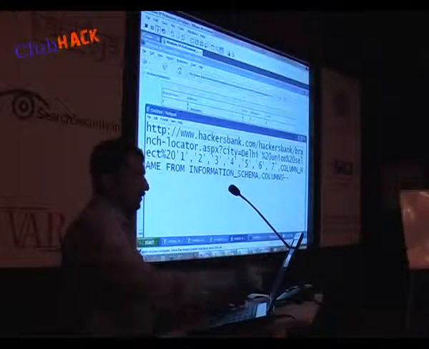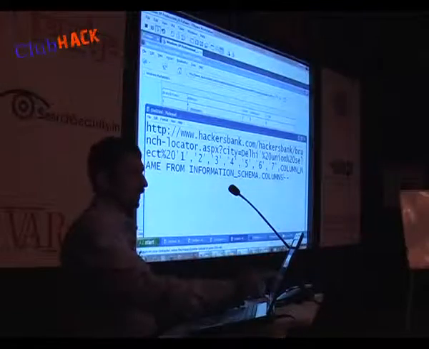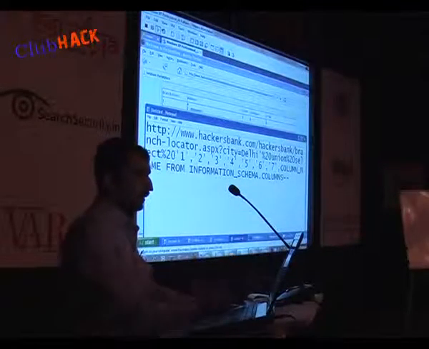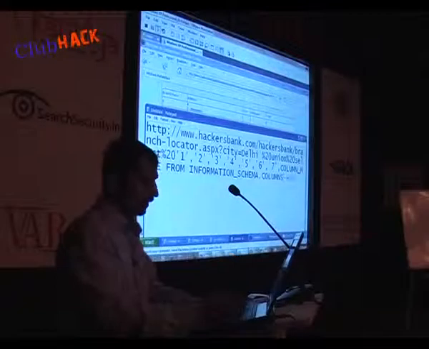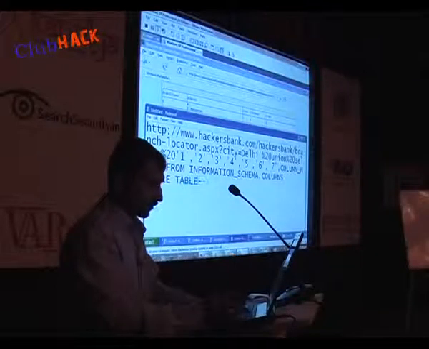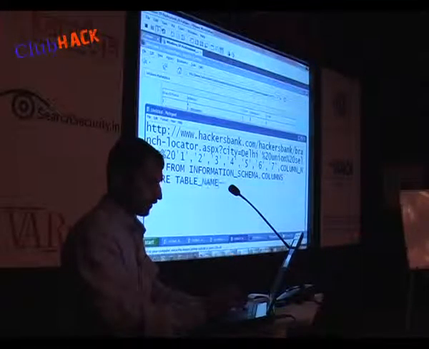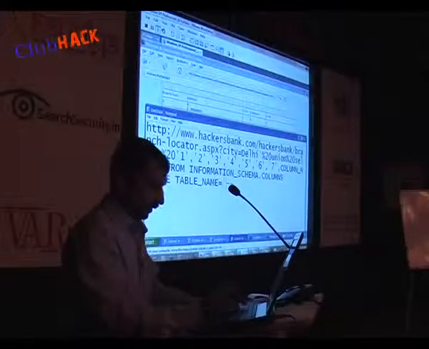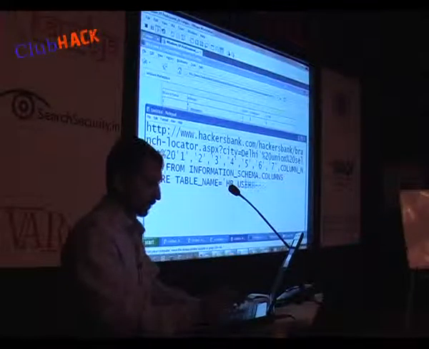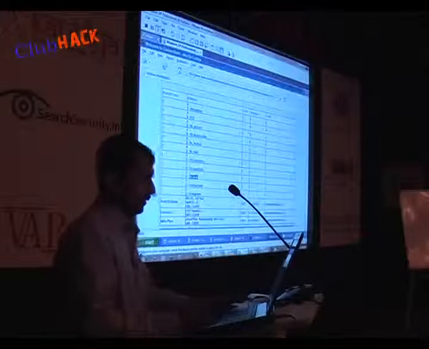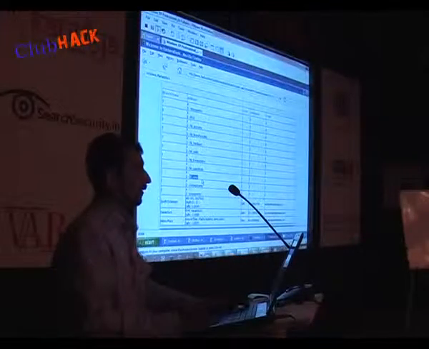So what I am doing is union select 1, 2, 3, 4, 5, 6, 7, comma column_name from information_schema.columns where table_name is equal to HB_users, which we have just identified based on this output, right?